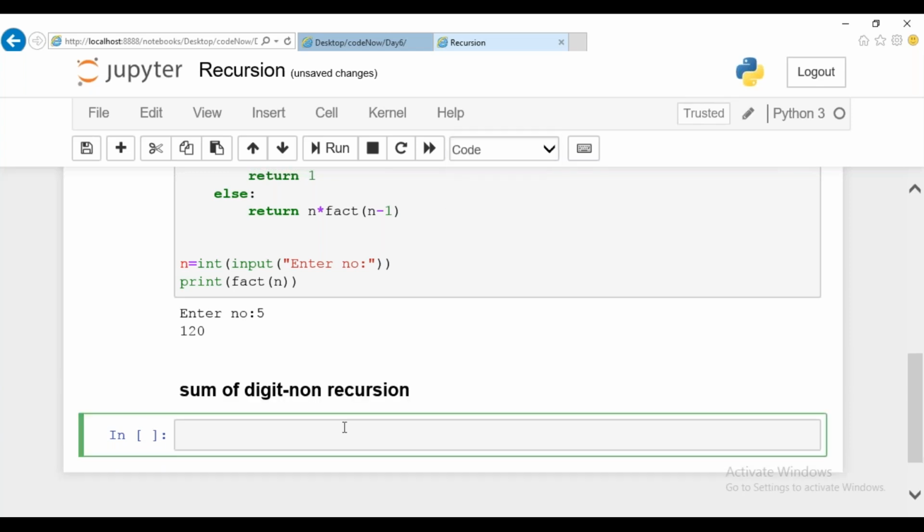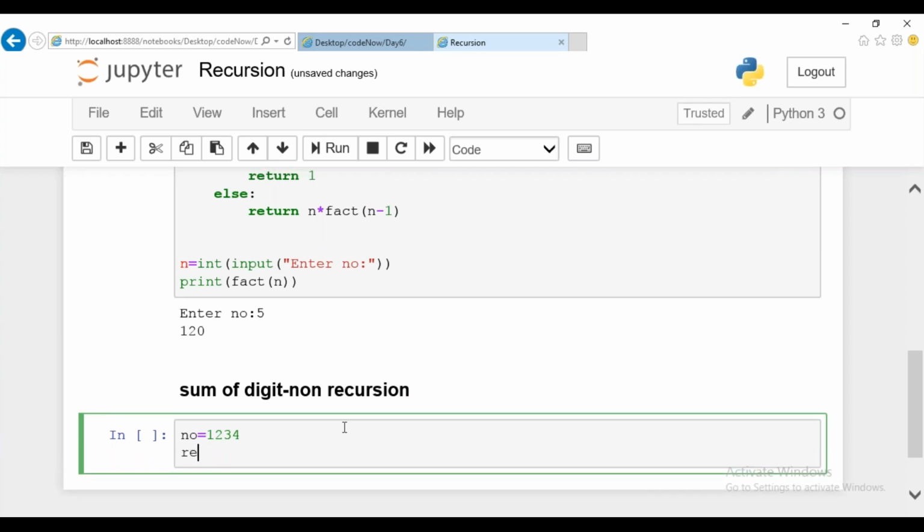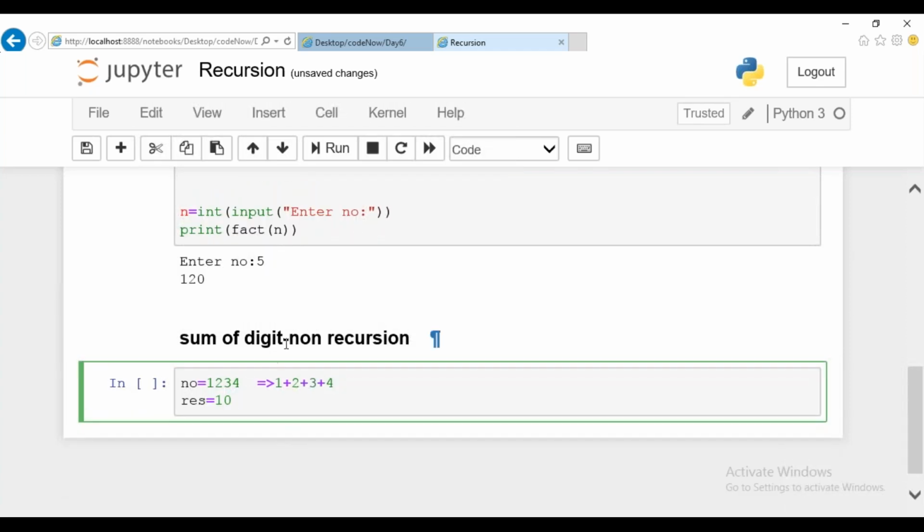So sum of digits in the sense, if the given number is 1234, your result should be, let me add, okay, what is the addition of it? 1 plus 2 is 3, 3 plus 3 is 6, 6 plus 4 is 10. 10 should be the answer, which is nothing but the result of 1 plus 2 plus 3 plus 4. Clear with this one? Sum of digits I'm supposed to do in a non-recursive way.